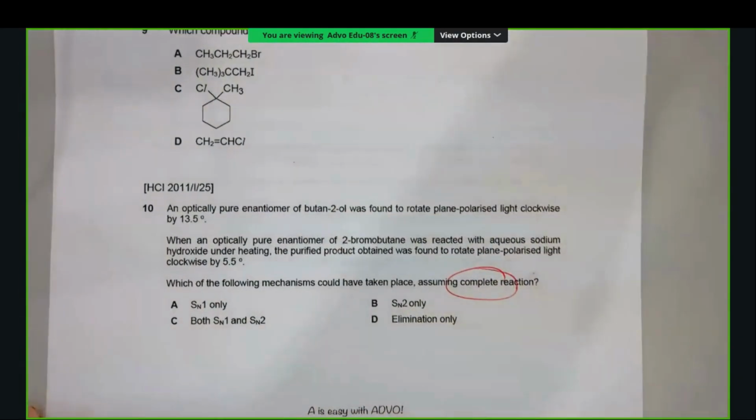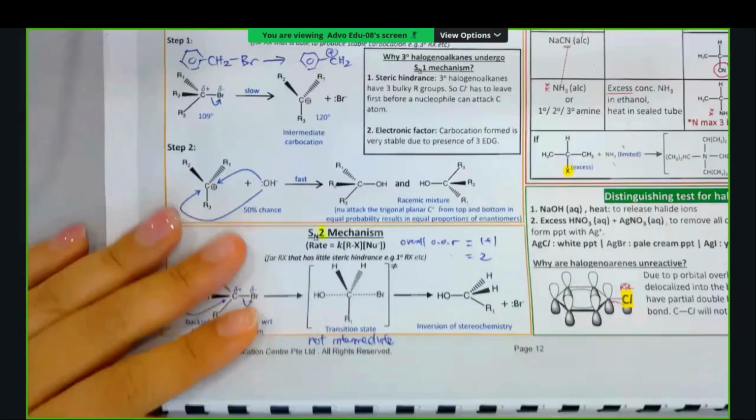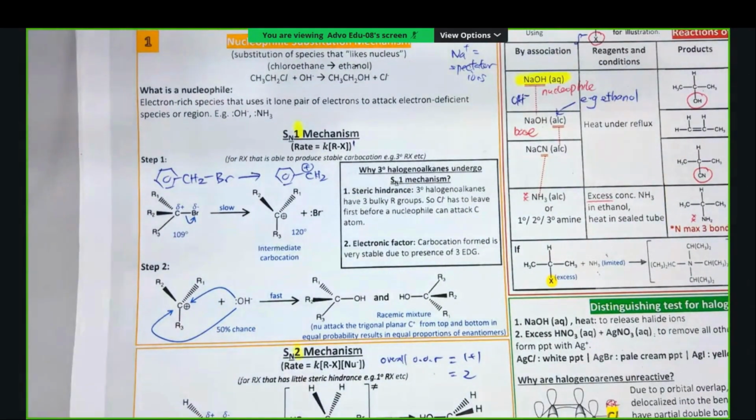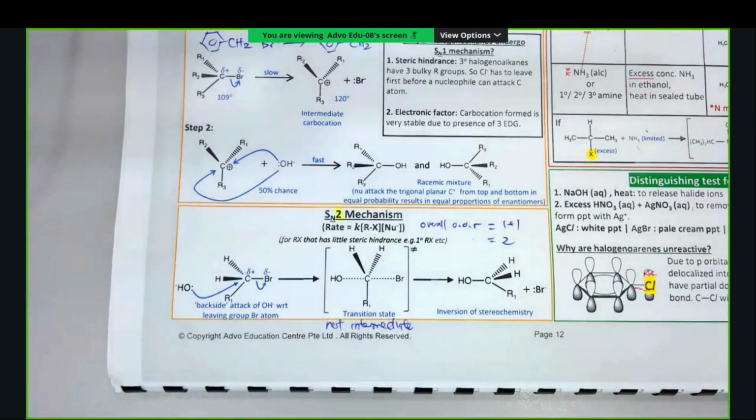Okay, let's go back to here. This is a very interesting question. It will come in handy later when we do the structured questions. Now if you undergo complete mechanism for SN1, what we have is everything becomes racemic mixture. Then in that case, will we have any rotation at all? No, right? But if let's say it undergoes complete reaction for SN2, right? Then we will expect the rotation to be exactly